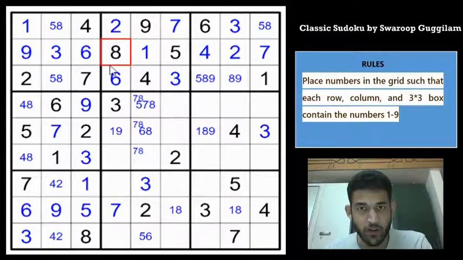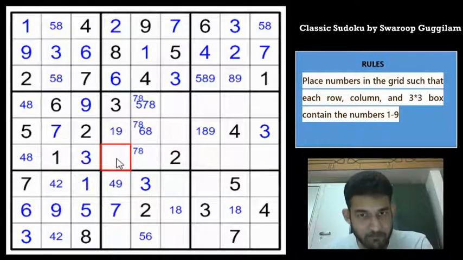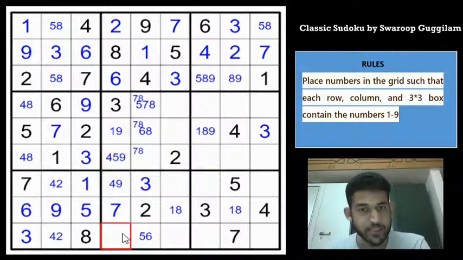Let's look at maybe column 4, because we have just got a digit. So remaining digits are 1, 4, 5 and 9, right? 1 and 5 is in row 7, so this must be 4 and 9, and this is not a 1, so this is a 4, 5 and 9, and this can be 1, 4, 5 and 9.